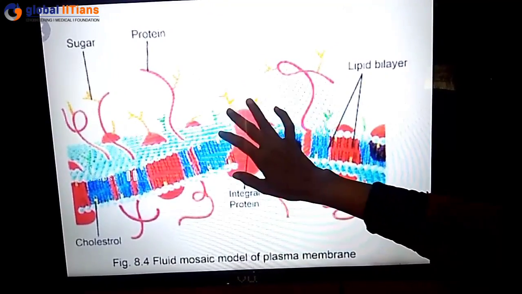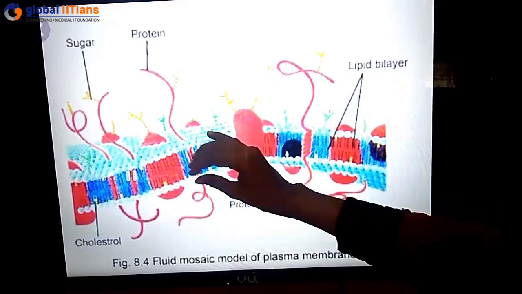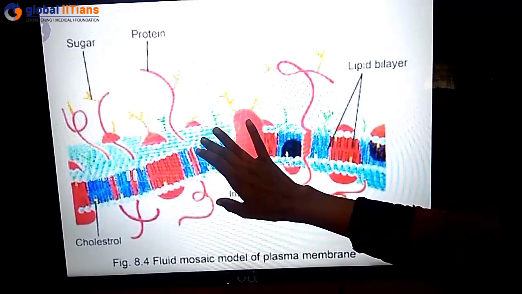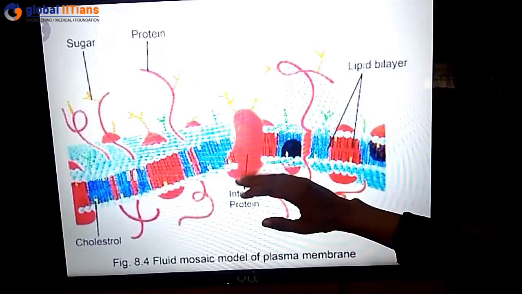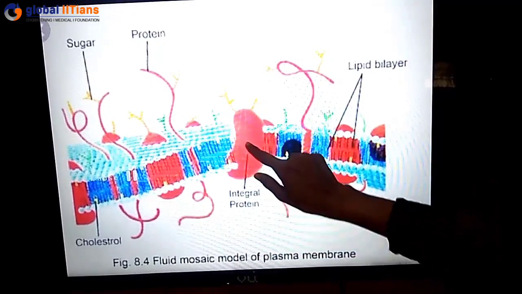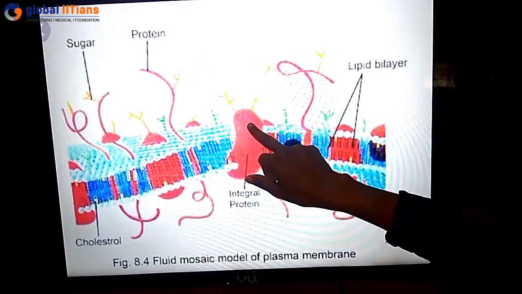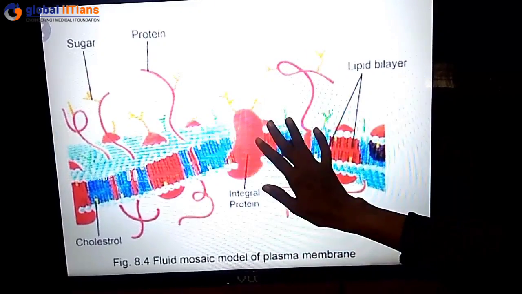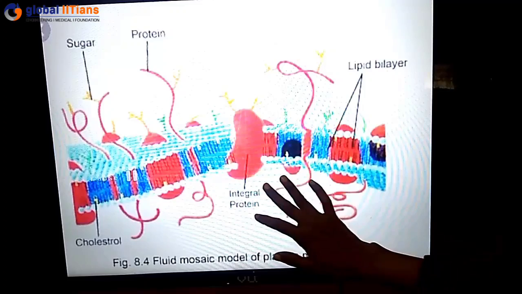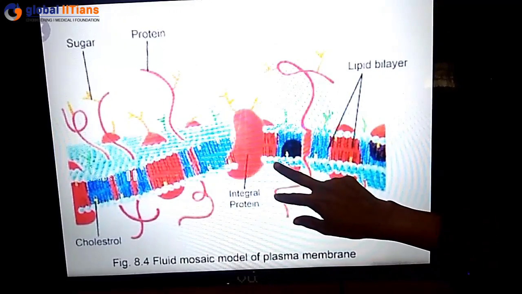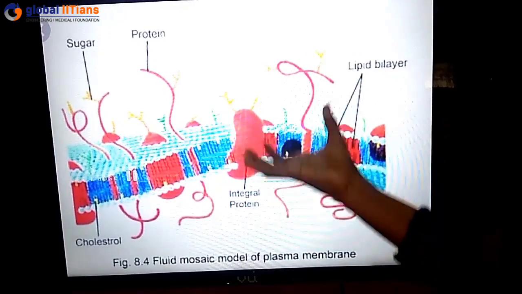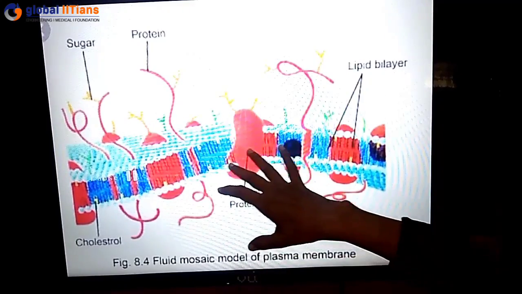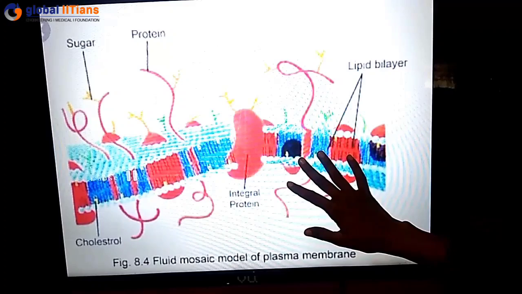Like I said, students, integral proteins are always deeply embedded inside the membrane, whereas peripheral proteins, the other class of protein, do not extend across the membrane. They can be attached to the ends of the integral proteins, or they may not remain attached and simply lie at the periphery, but their main function is to help transport or communication. Whereas integral proteins remain completely immersed inside the cell membrane and are mostly responsible for communication and for the transport of larger molecules like glucose.